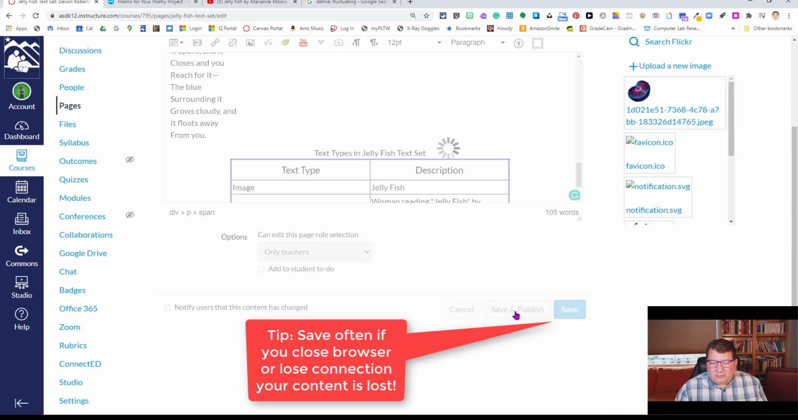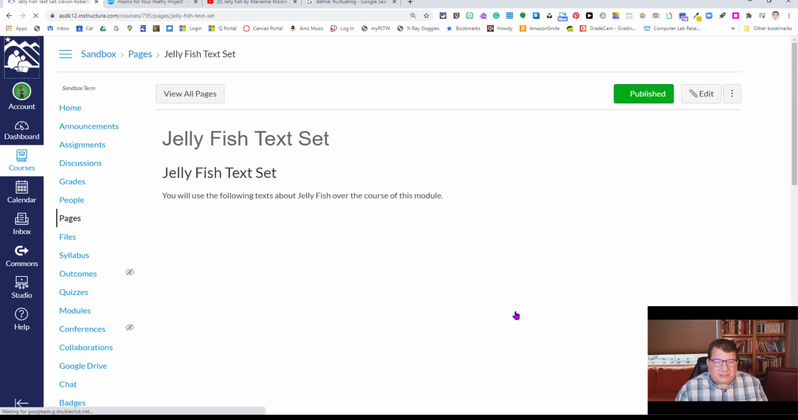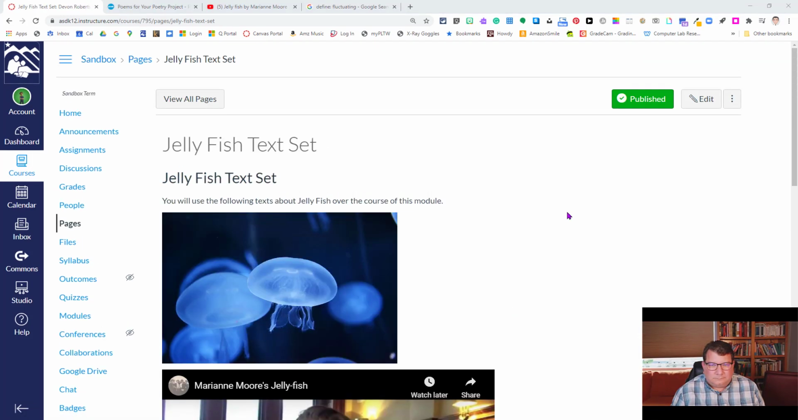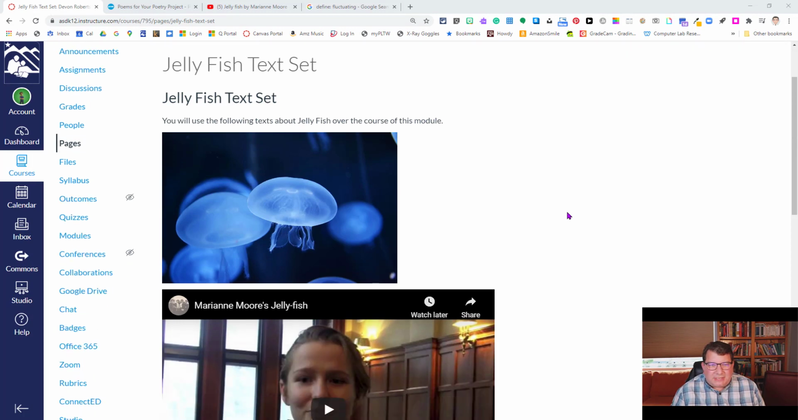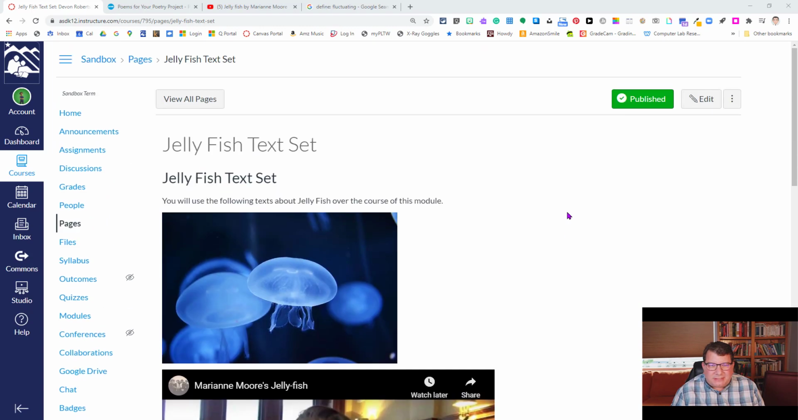So down here, we're going to hit the save and publish button, and we'll get a kind of a preview of what our page is looking like so far. Okay, so there's our jellyfish text set in all of its glory. We explored a lot of tools in our rich content editor